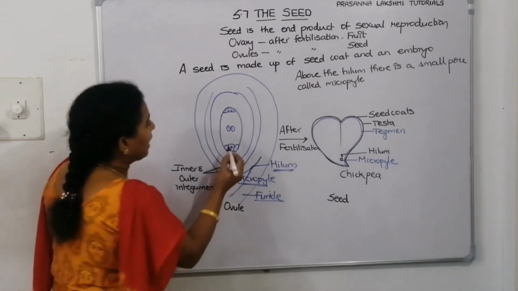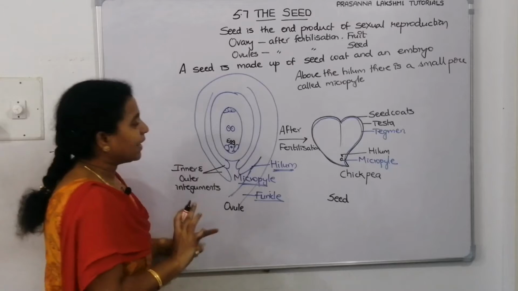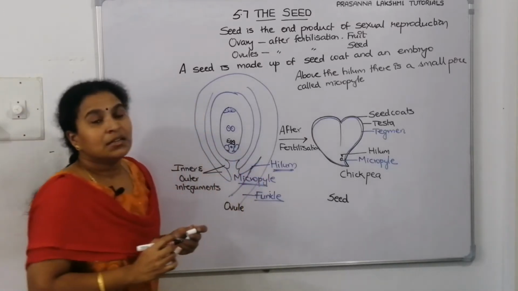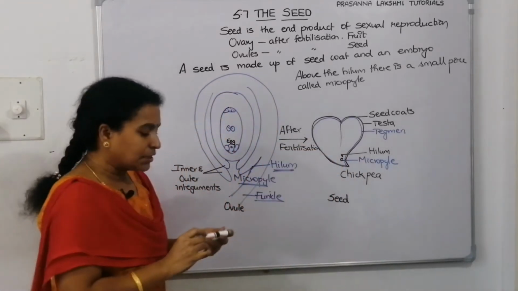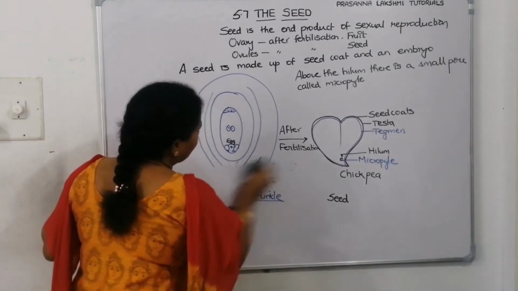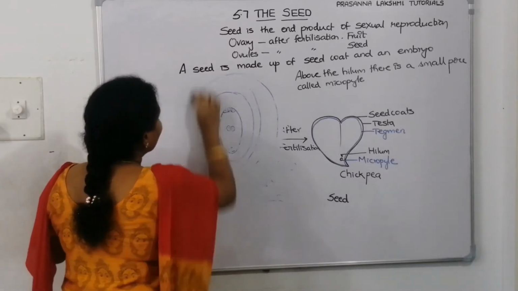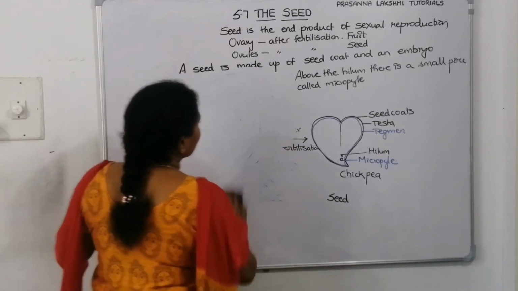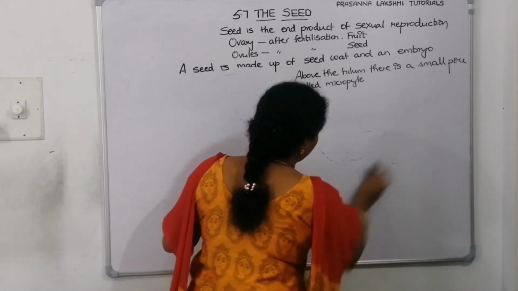Now here is a female gamete. This is the egg. The male gamete comes and fuses with the egg and it develops into zygote. Zygote develops into embryo. That means inside the seed there is an embryo. When you open it, we can see the portion of the embryo. In dicot seed the embryo is developed differently, and in monocot seed the embryo is also different. When we see the structure of dicot seed, we can understand where the embryo is. Now we'll switch to the structure of dicot embryo.